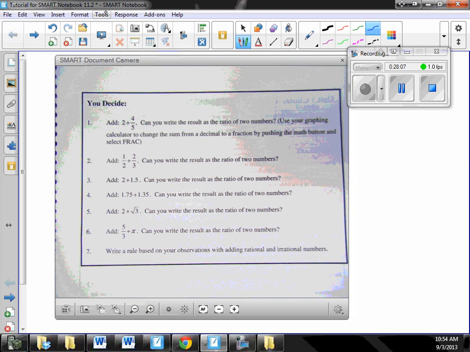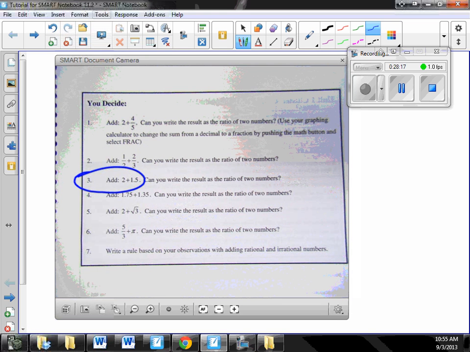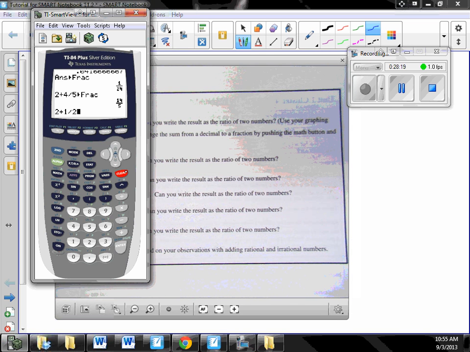For number 3, if I add 2 plus 1/2, is that it, or is it 1/5? Oh, 1.5, sorry. 2 plus 1.5, math fraction. Yes, I can write it as the ratio of two numbers. It's 7/2. But if I were to do something like 4